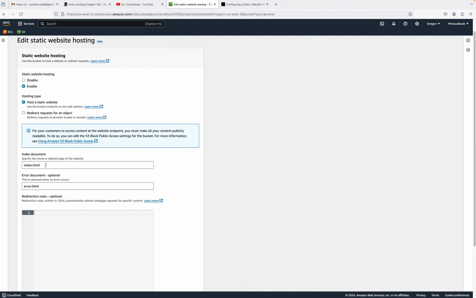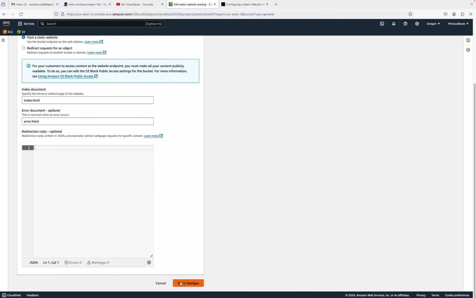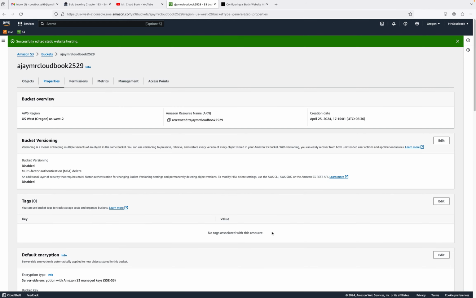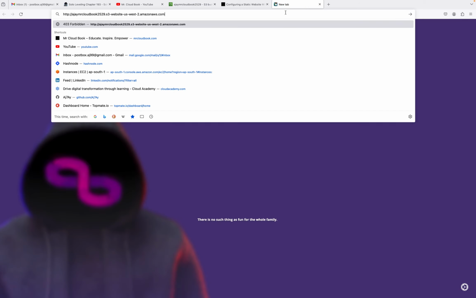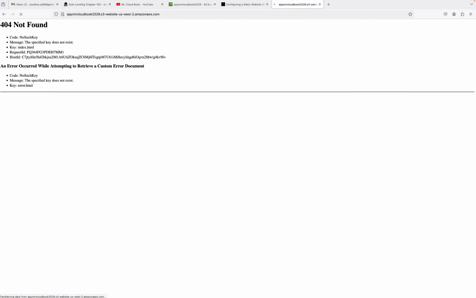So by default I have the index.html for my index page, and just click on save changes. If you go down again, you can see that static website hosting is enabled right now. So copy this one, open it in a new tab, paste that and click enter,